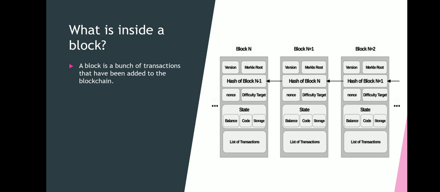So the hash of block n will be connected to block n plus 1. Block n plus 1 hash will be connected to block n plus 2. Like that we are forming a chain so that we can ensure the data integrity. So no one can modify the records. If anybody tries to modify the records in n, that will be reflected in n plus 1 as well as n plus 2. So like that the blockchain is very secure, and it stores the online transactions.